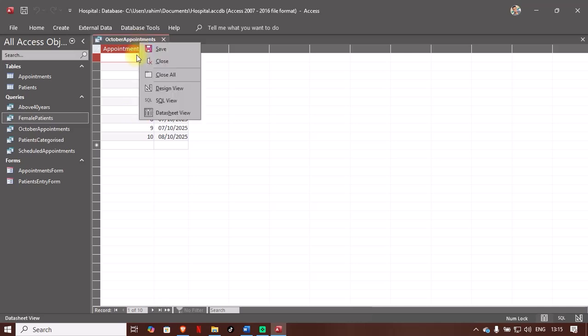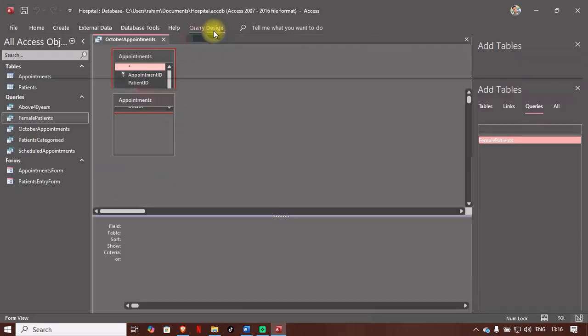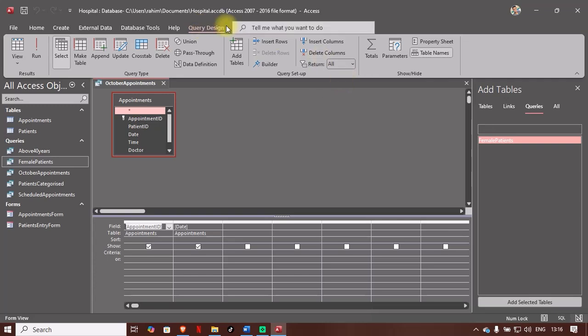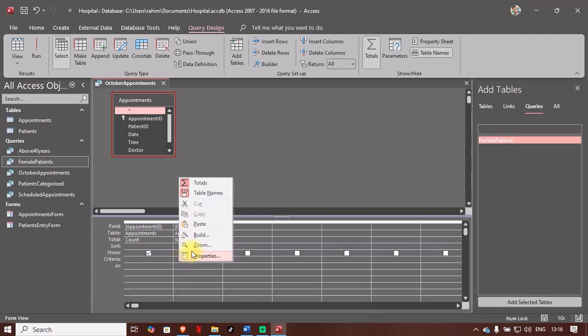We are going to come back, right click, design view, and now we are going to enable the totals. Come to design, query design, come under the show, and we are going to show totals, and come under the total row. Here under the appointment ID, choose count, then under date choose where. Then under the criteria we are going to add